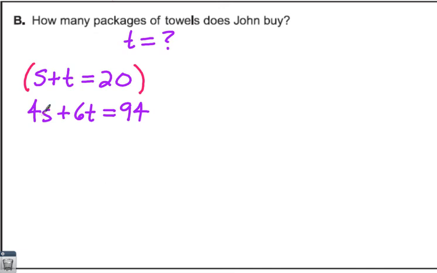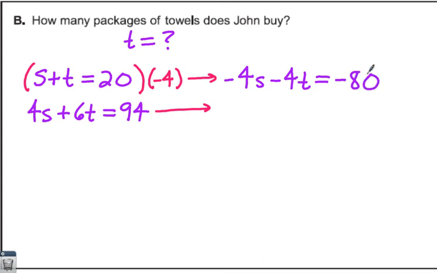So what's the opposite of positive 4s? Negative 4s. So we need to make this 1s, which is just s, but it's 1s, into a negative 4s. How do we do that? We multiply by negative 4. And so that makes this equation negative 4s minus 4t equals negative 80. Because remember, if you're going to multiply a number to an equation, you have to multiply it to the left side and the right side. Essentially, the entire equation needs to get multiplied by negative 4. The second equation can stay